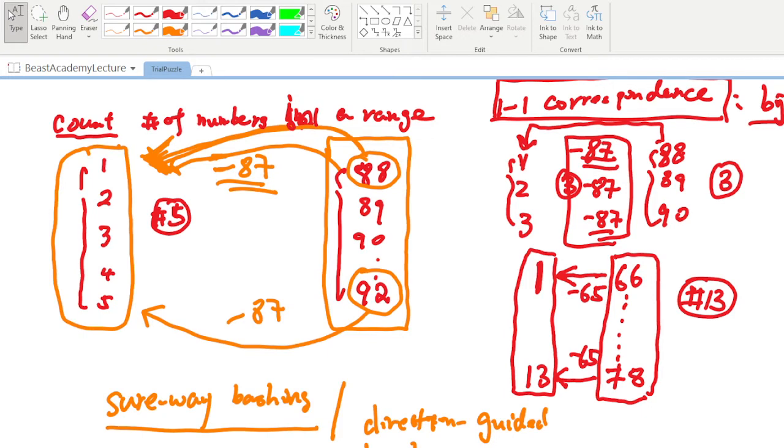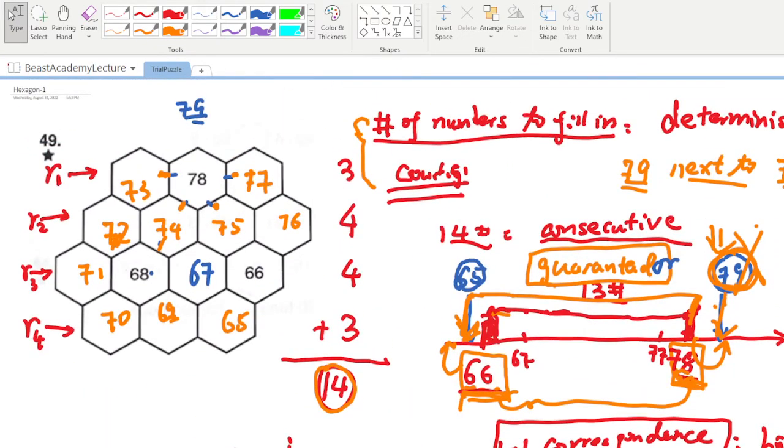Sure way bashing or direction guided bashing means if I fill in these 14 numbers, I